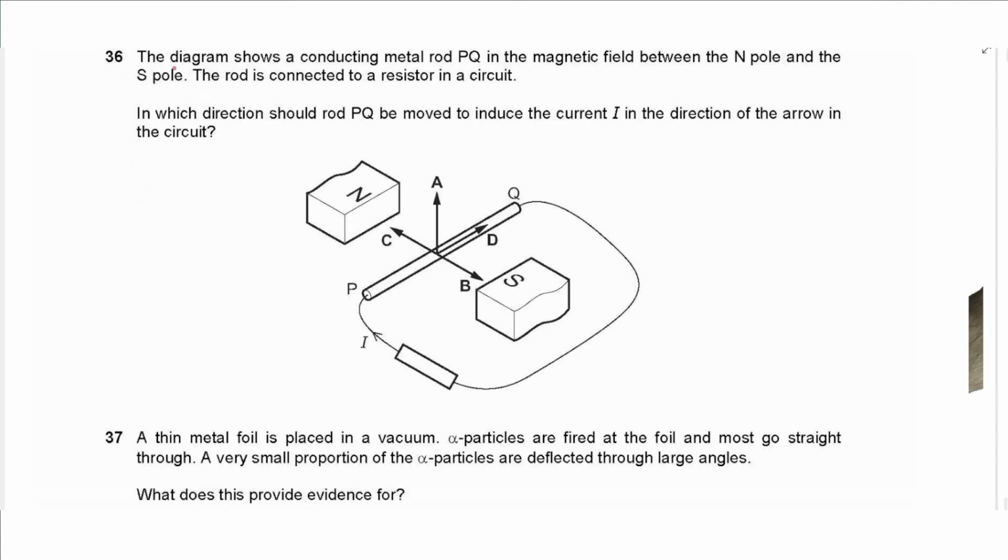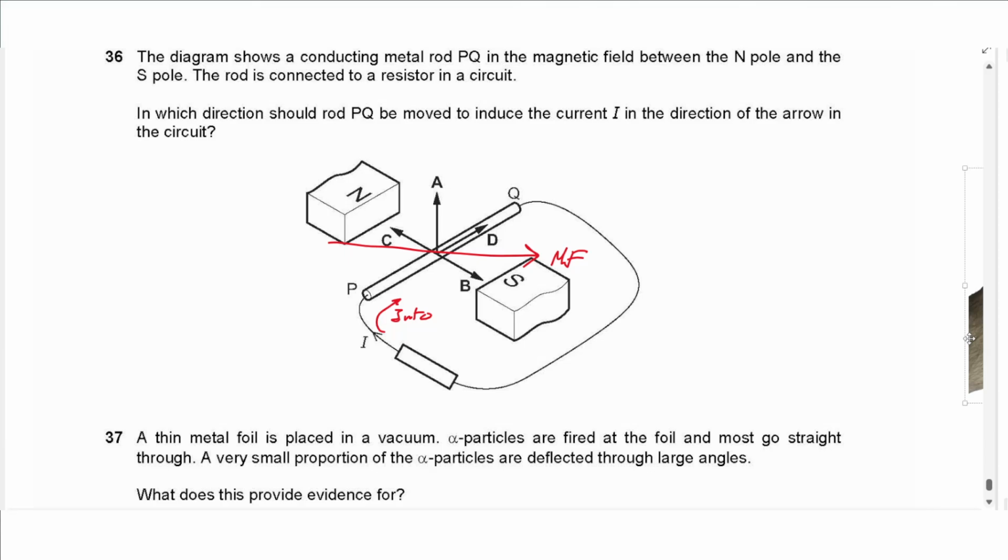Question 36 says the diagram shows a conducting metal rod PQ in the magnetic field between the N pole and the S pole. The rod is connected to a resistor in a circuit. In which direction should rod PQ be moved to induce a current in the direction of the arrow in the circuit? So if we consider the magnetic field pointing to the right and the current pointing